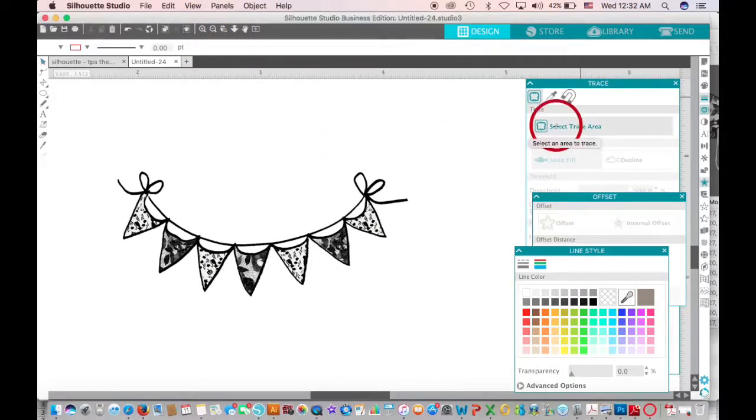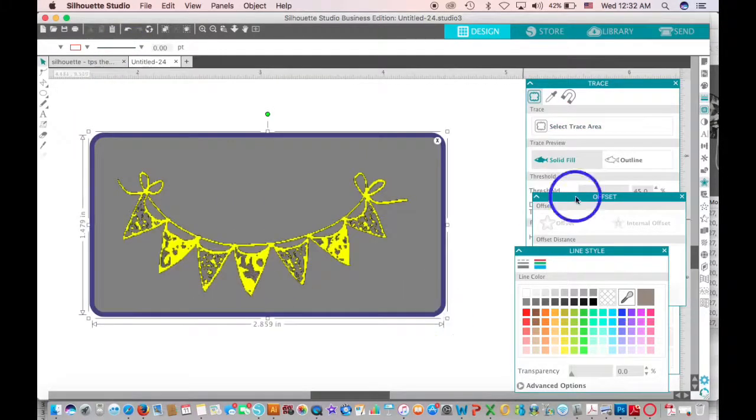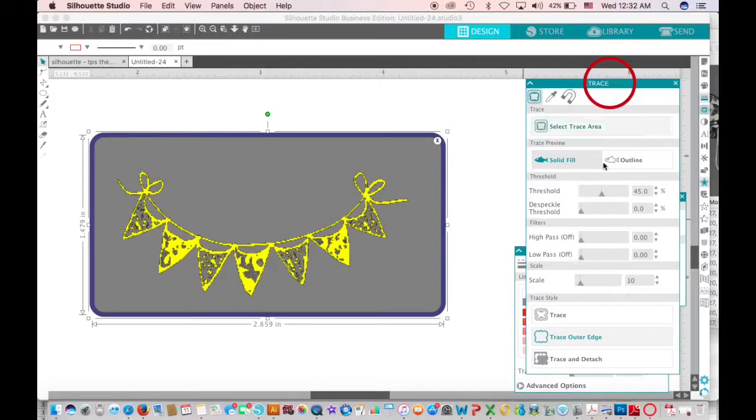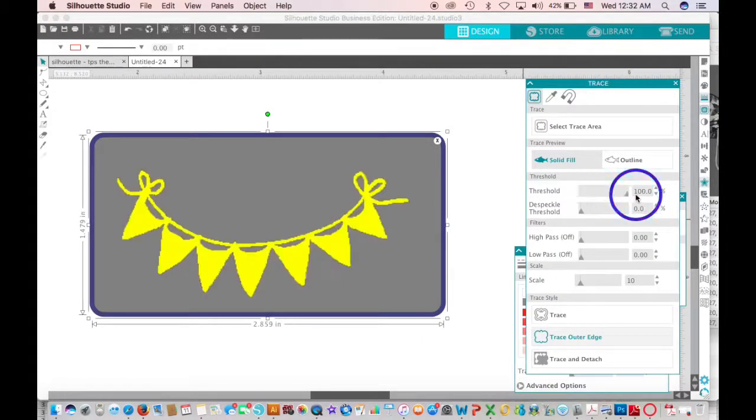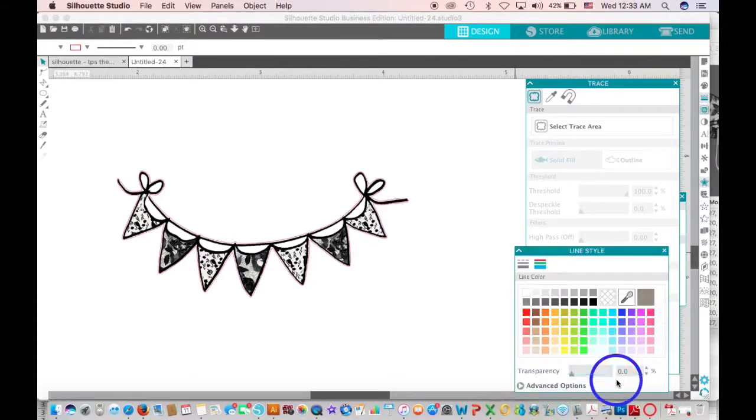So let's go and select the trace area, highlight your clip art, threshold, let's threshold up to 100, select outer edge. We're going to change our line color. I'm having some problems with my screens. Okay, so let's